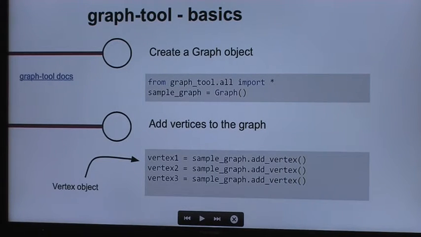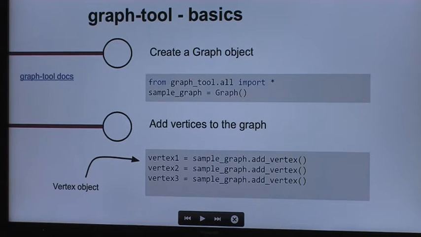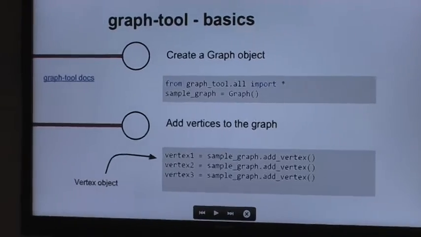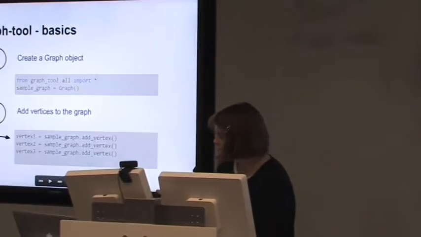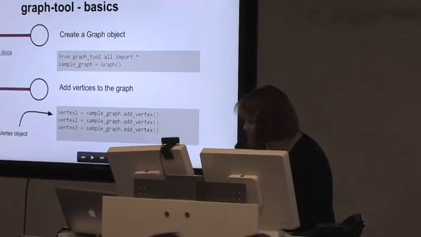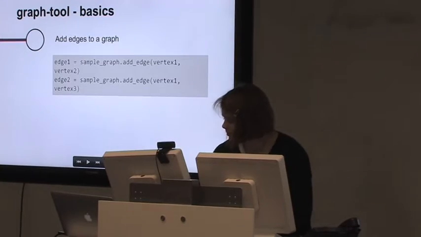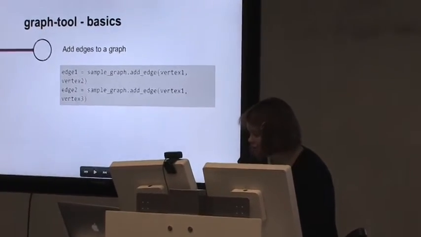So let's start by examining some GraphTool basics. First of all, if we want to create a graph, we need to create a blank graph object. This is done quite simply by calling the graph constructor, as you can see. Do we have a pointer? No. Okay, you're just going to have to imagine me pointing at that box. Anyway, so we have a blank graph object, and then we can add some vertices to that graph by calling, surprise, you guessed it, add vertex, right there. And you also want to add some edges.